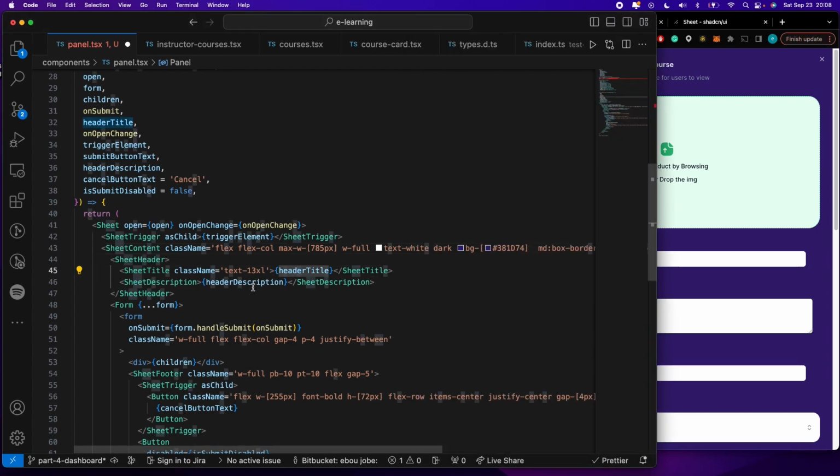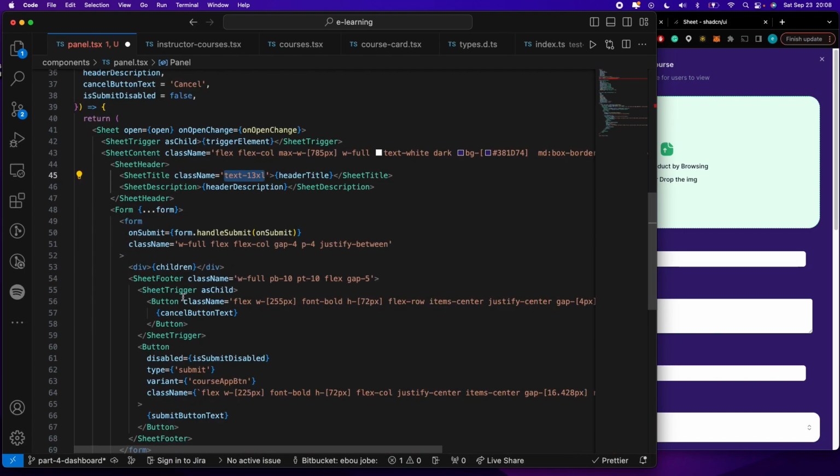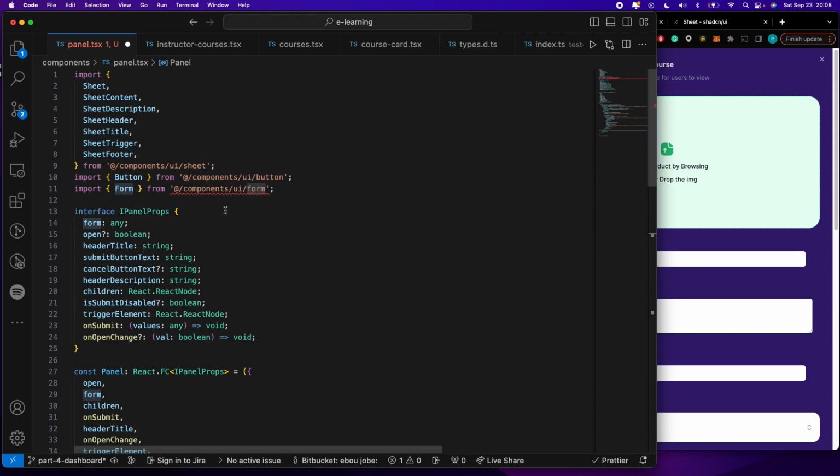So I have the header here. This is a very basic style. I'm just giving it a text. I'm saying the text needs to be text 13XL. Description, I did not put anything. Now, the part that is important is the form here. If you are using React Hook Form, you need to put it inside a form. This form comes from